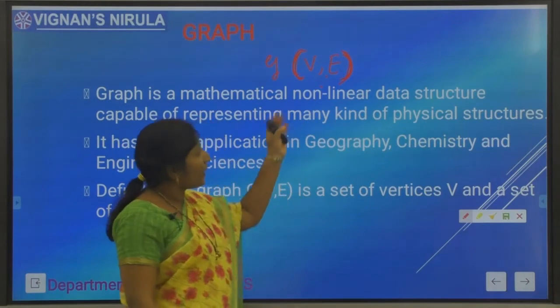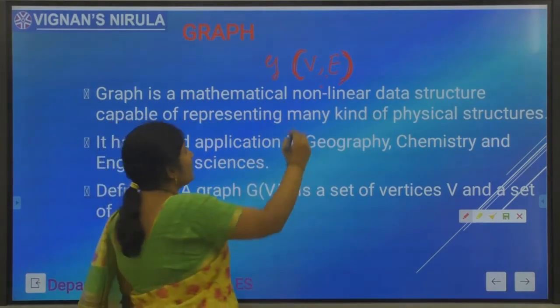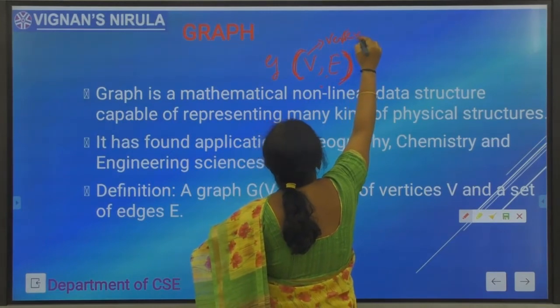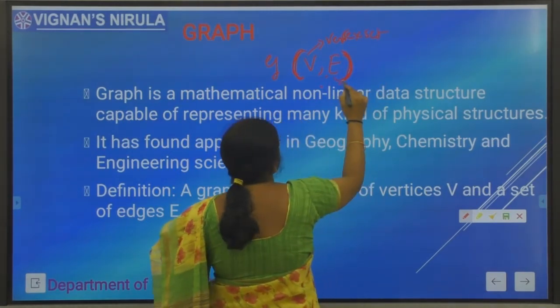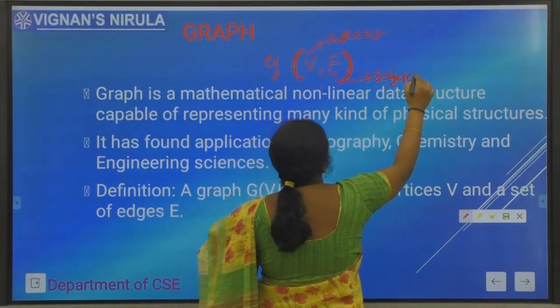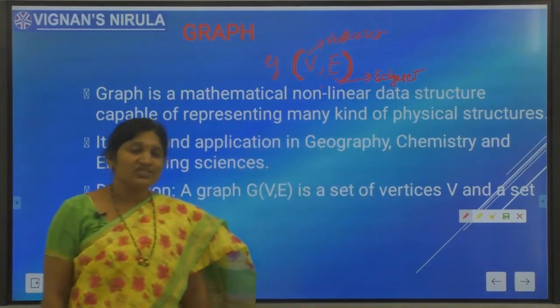So the ordered pair (V, E), where V is the set of vertices, E is the set of edges.